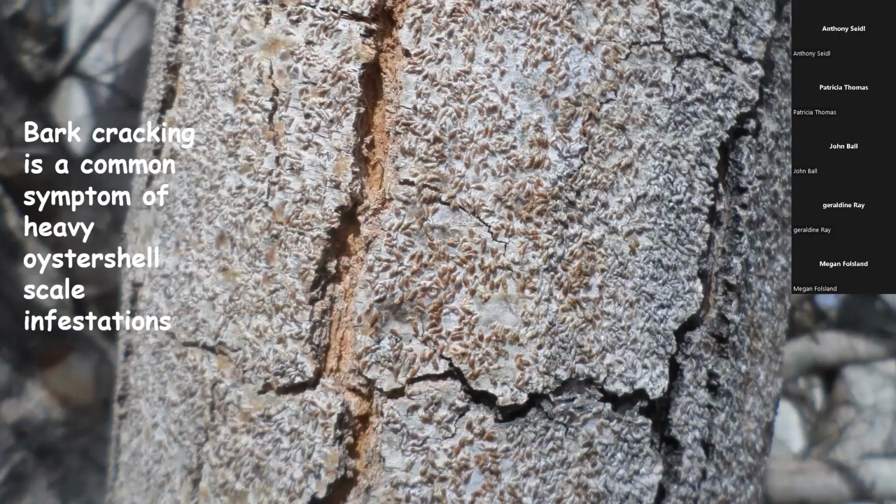Obviously, this bark cracking can end up being harmful to the tree as well. So while the majority of our scale populations are really just a nuisance to us and are not seriously harming the tree, they can become so dense that they can contribute to the decline of the tree. They can also serve as a secondary stress and weaken the tree to the point that a borer can come in and attack it as well. So they are a group of insects that do require management in some cases.